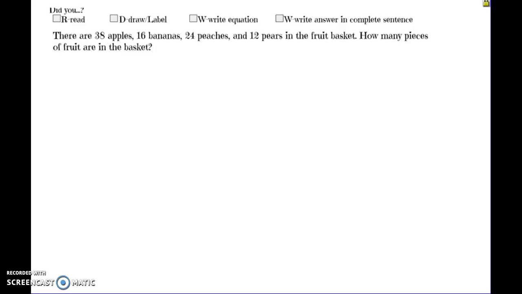Read the problem silently to yourself or whisper read the problem as I read it out loud. There are 38 apples, 16 bananas, 24 peaches, and 12 pears in the fruit basket. Now I need to go back and circle my numbers. So to do this,